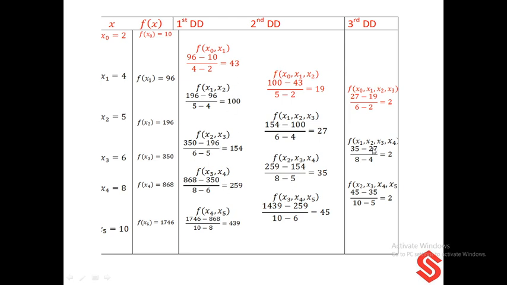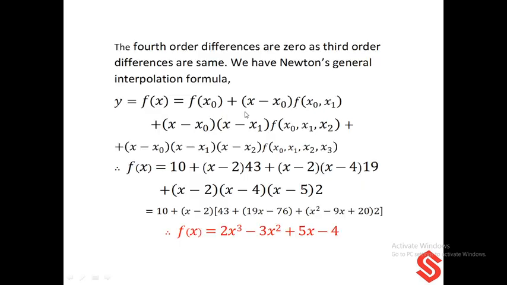Similarly, second and higher order divided differences. So the fourth order differences are 0, as third order differences are same. So now we have Newton's general interpolation formula. Y is equal to f of x is equal to f of x naught plus x minus x naught into f of x naught comma x1 plus x minus x naught into x minus x1 into f of x naught, x1, x2 plus x minus x naught into x minus x1 into x minus x2 f of x naught, x1,